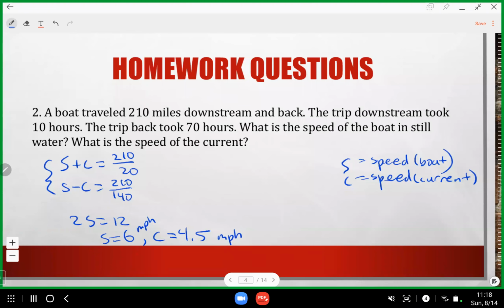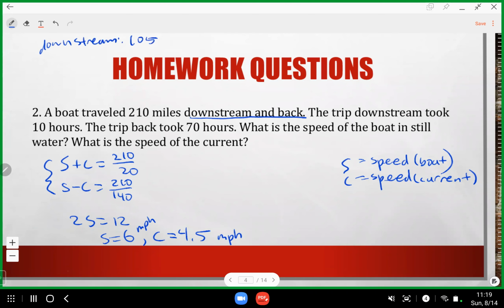Right? So the boat traveled 210 miles downstream and back. All right, that's not just one trip downstream or one trip upstream. One trip downstream is actually 105 miles because the distance is cumulative. All right, it's cumulative downstream and back. So the whole trip is 210 miles. One downstream